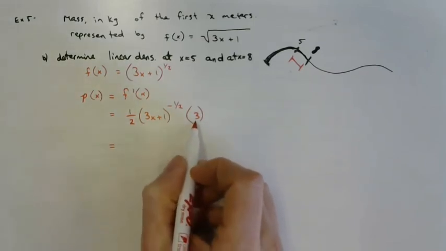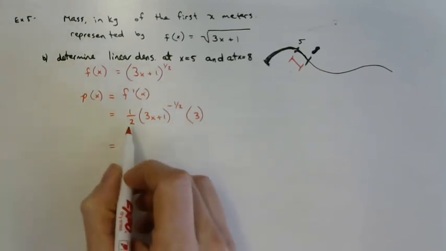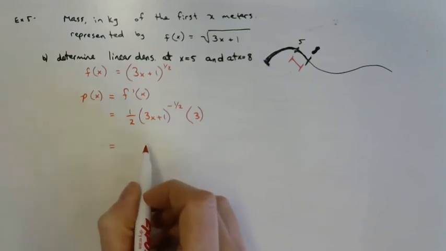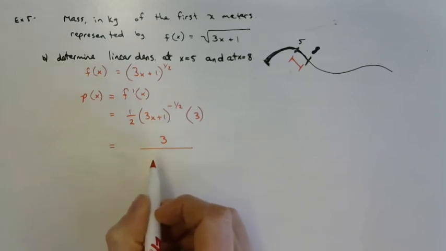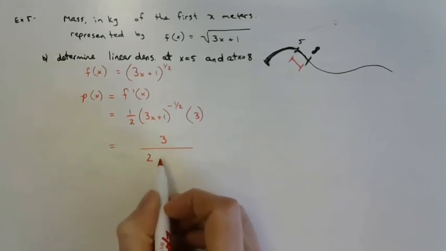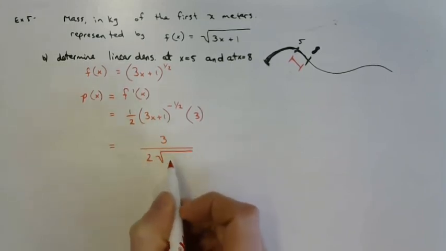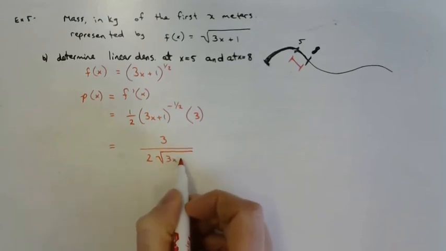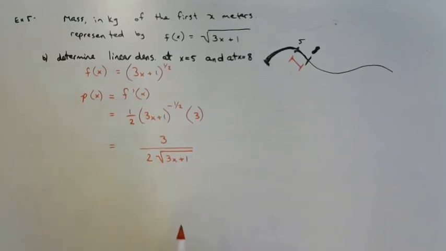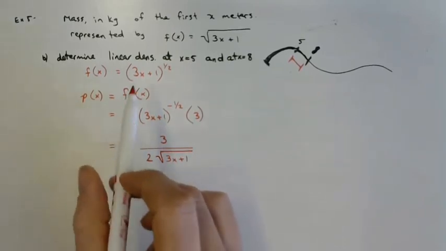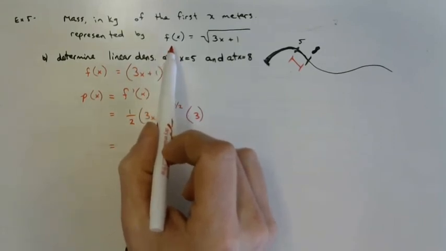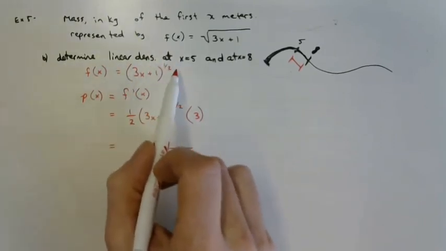We've got 3 in the numerator, and then we have 2 times, so I'll just draw my quotient line there, 3 in the numerator, and then in the denominator we have 2 times the square root of 3x plus 1. So that is our derivative function of f of x,